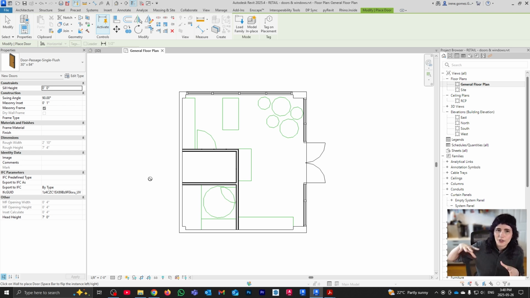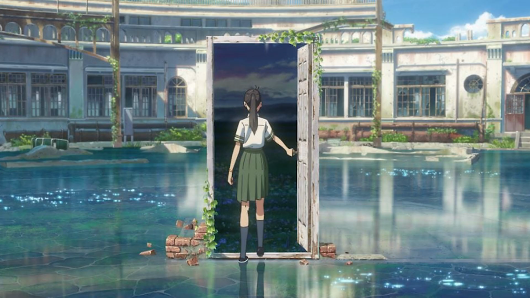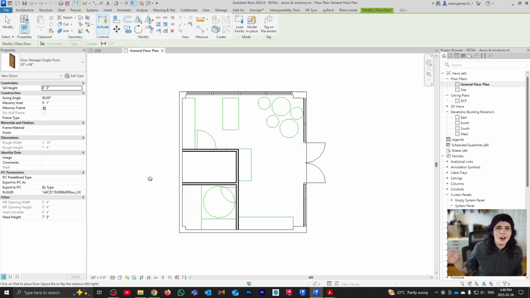you never just have a door floating in the middle of anything, unless it's the doors from Zuzume or Scott Pilgrim. Otherwise, a door is always on a wall to basically define that opening, right? You make a hole in the wall and then you finish it with a door or you finish it with a window. So basically, logically, this makes sense, but it can be a little bit frustrating because you're going to